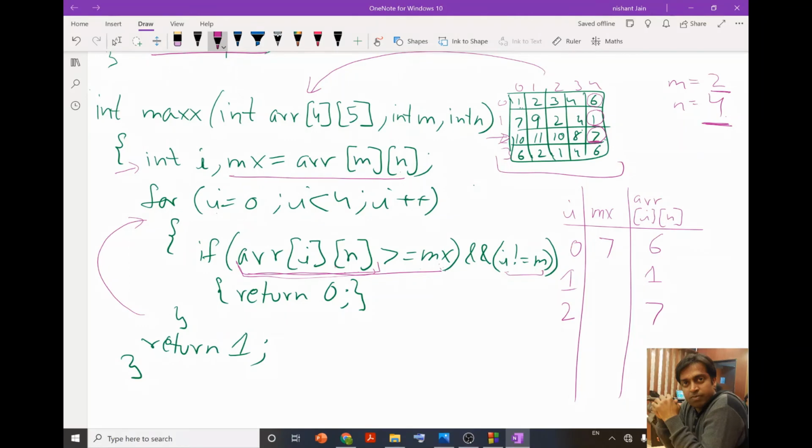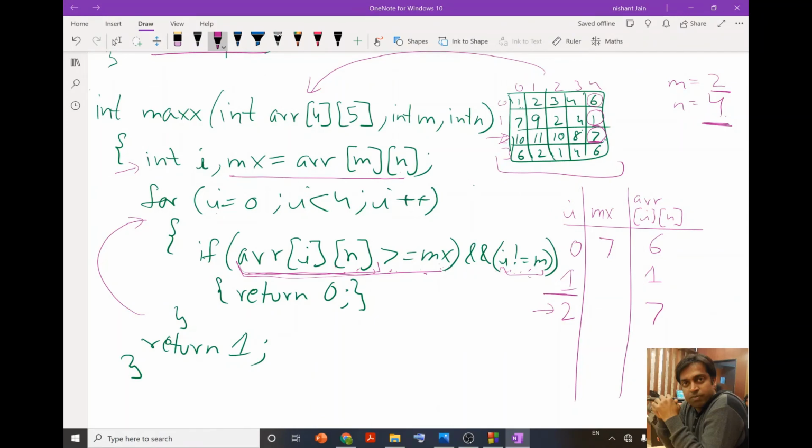Now because this is 7, this condition is true this time, and I not equal to m, I is 2, m is 2, so since I and m are equal to each other, this becomes false. Okay, you can note over here that previously up to I equal to 1, this condition was false and this was true, but at 2 this condition becomes true and this becomes false.